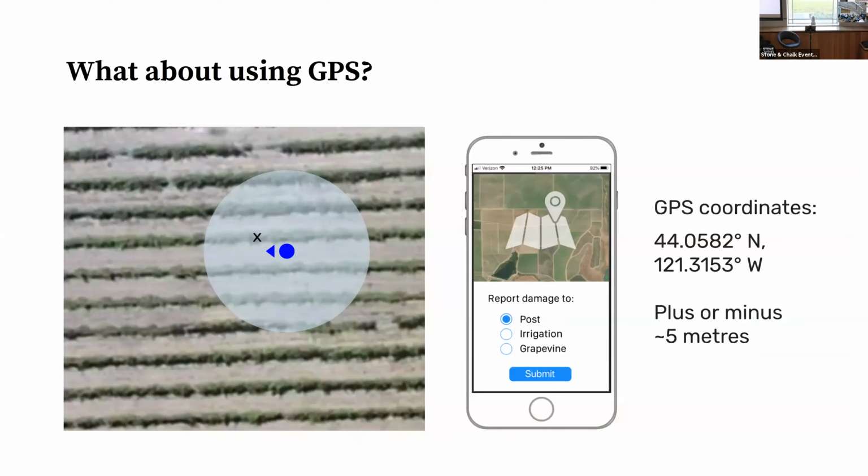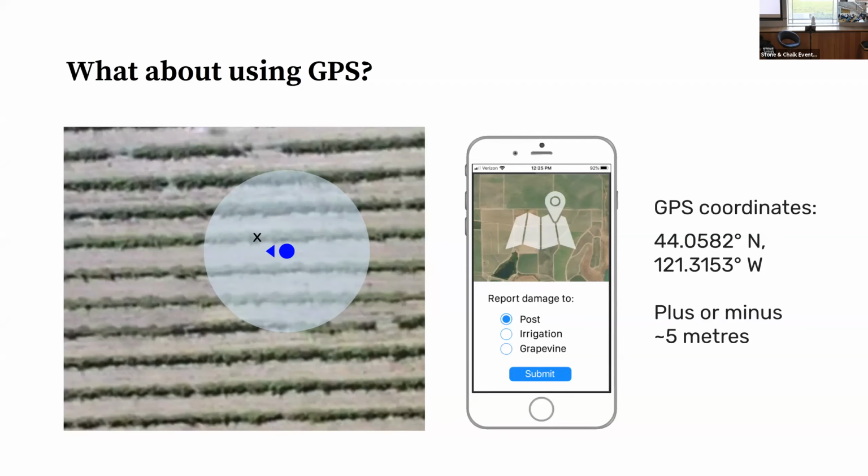So one of the problems that Ollie talked to me about is that, if he needs to mark the location of something that's been broken, often the best way to do it is to just walk to the end of the row, tie a piece of flagging tape on the fence post, and hope somebody is able to figure out what he was trying to mark earlier. And so a question he had is, well, are there ways that technology could help with this? We're all walking around with phones in our pocket. Surely there's a better, more efficient way to do this. And so the answer to that is it's sort of.